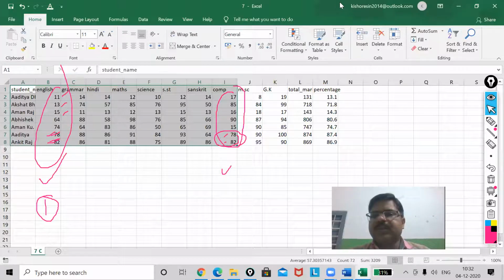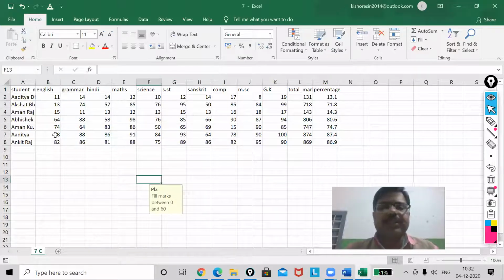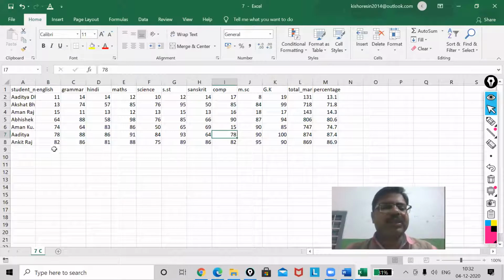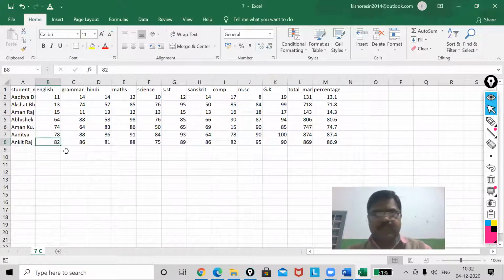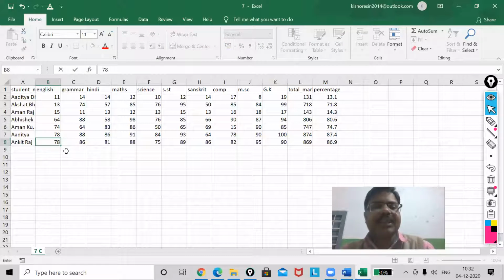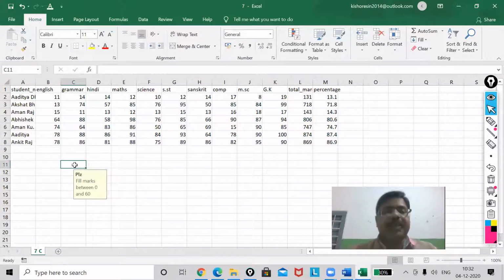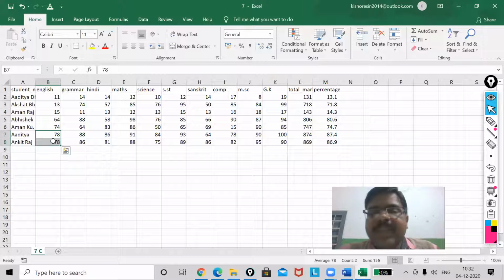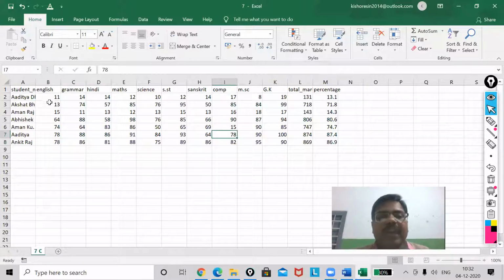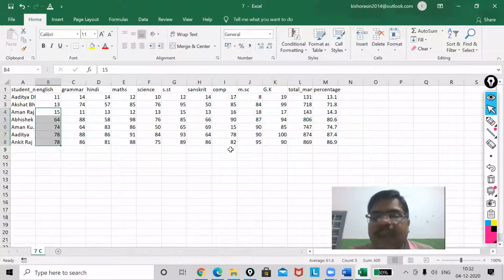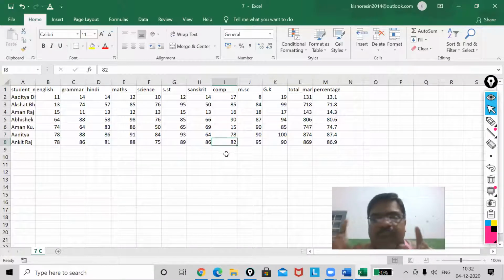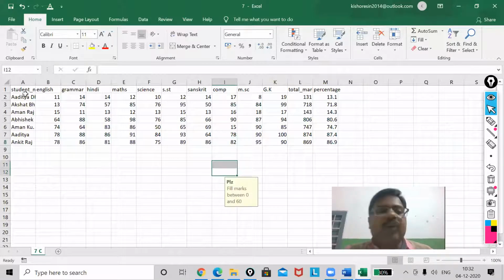Wait, my dear, wait. So let me first, 78, both are there. Here I will use 78, then it will work. Okay, now see, my dear, here both the values are the same and here both the values are different. You have sorted this way, but I want in computer, where the values are tallied, there it should be in descending order. That means 82 will come first and 78 should go down.